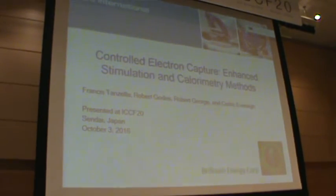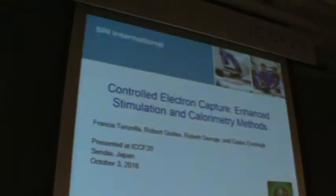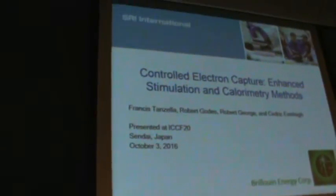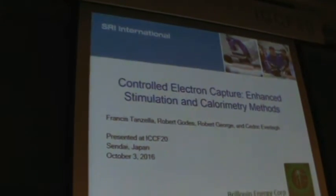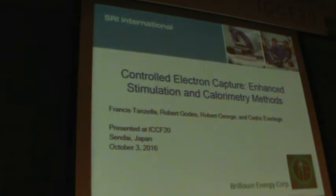Good afternoon. Just a little bit of background. Berlin Energy has 3 different types of reactors running. 2 of them are with the hot tubes. They're just hydrogen or deuterium gas on nickel solids. And I'm going to talk about